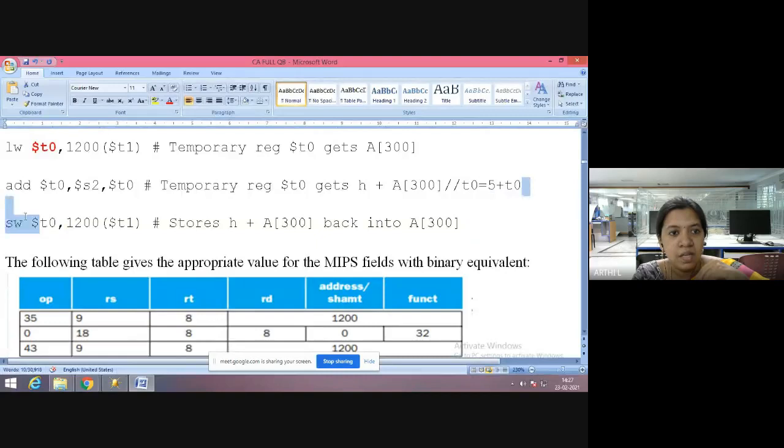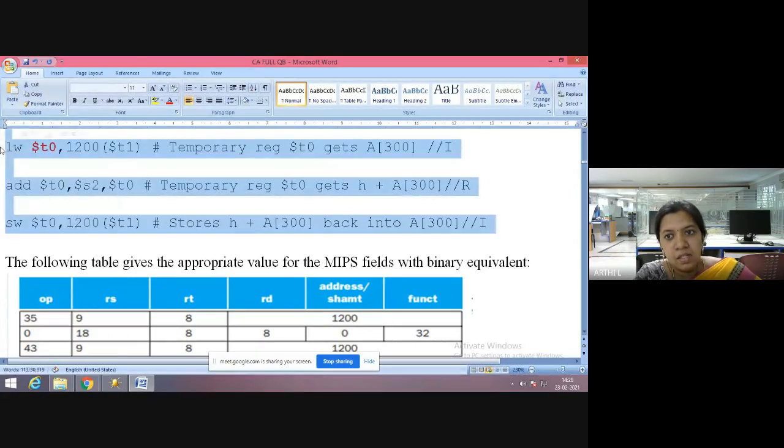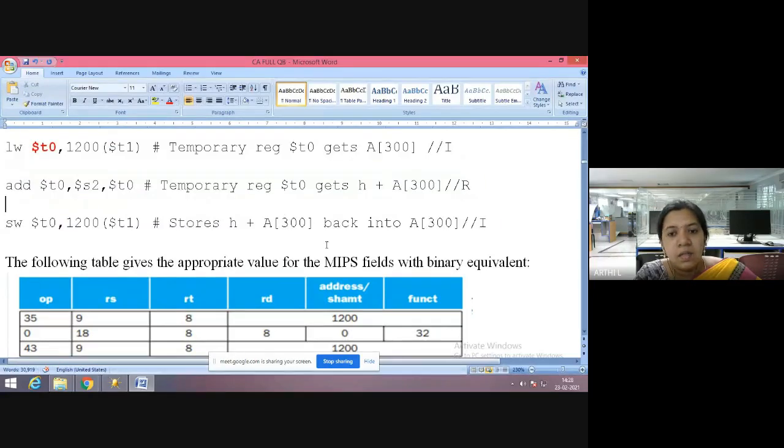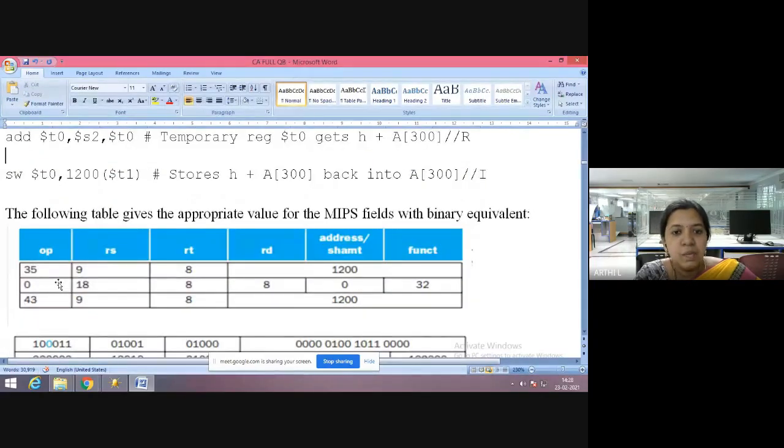But the instruction in the middle is an R type instruction. Let me write that: this is R, and this is I, and this is I type. These instructions are written here in terms of codes.